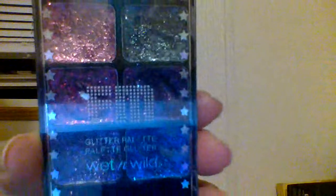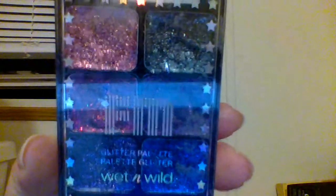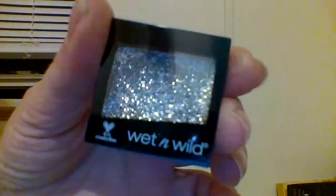Now in the Fantasy Makers display, they have every single quad of these body glitter palettes in the display. And then they have these little singles included, many of them in different colors. So these are the two that I have, and if you go check out that display now,